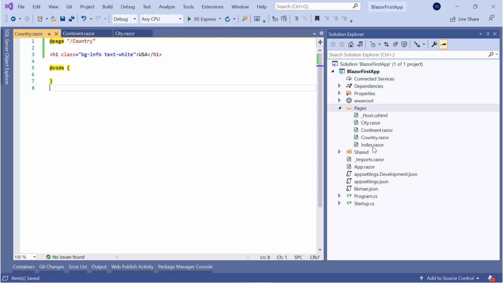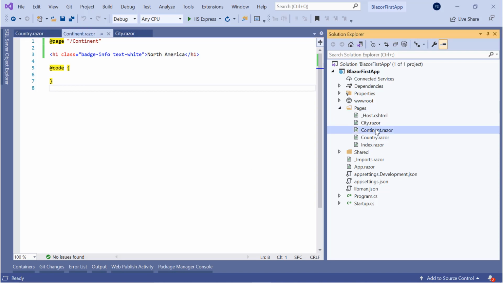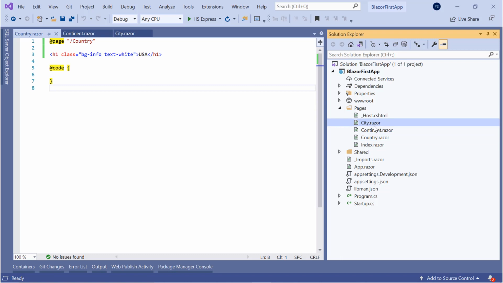So these are the three Razor components, and their links I will be providing in the left navigation menu.